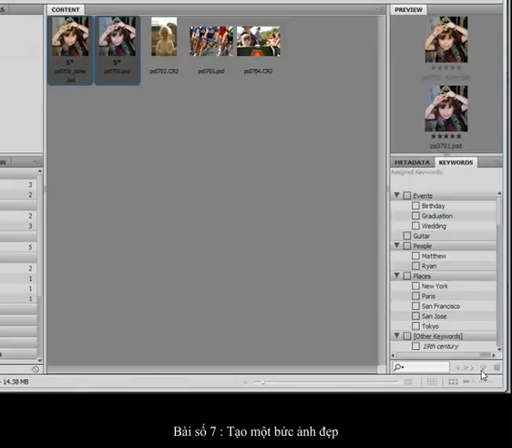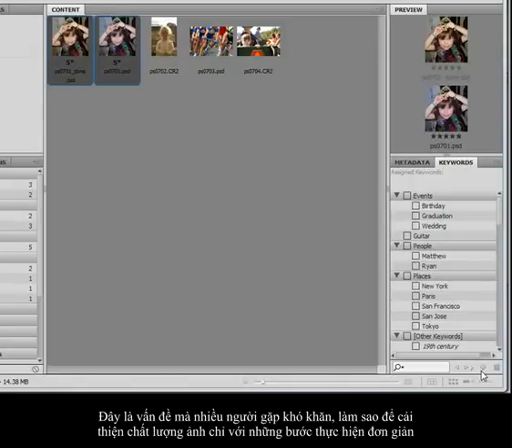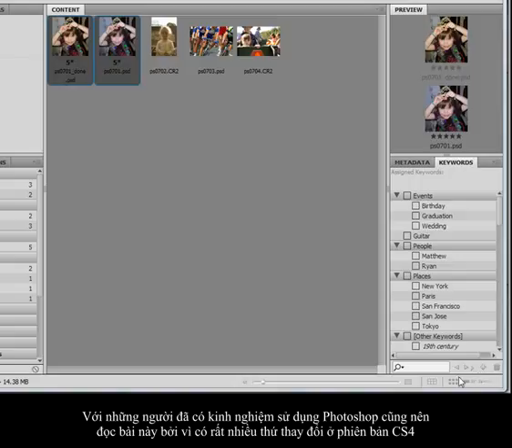Welcome to Lesson 7, Creating a Good Image. This is kind of a tough thing. A lot of people are curious as to what are the simple steps I can take to improve my image. That's what we're going to show you here. And even if you're experienced in Photoshop, you might want to take a look at this because things have changed,